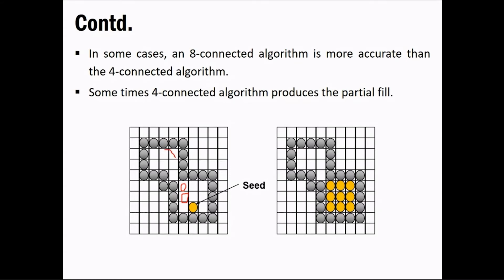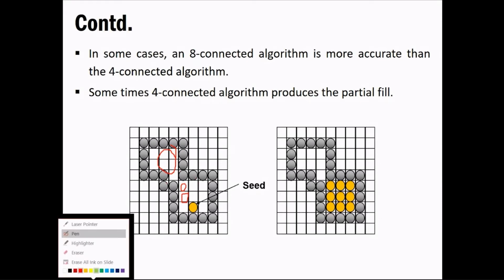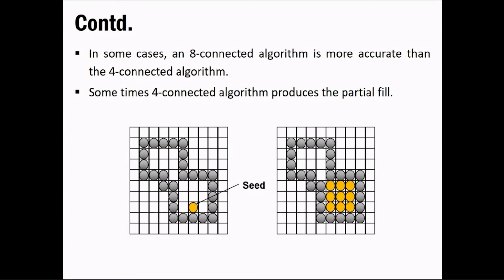But what about this particular thing? Suppose you have this kind of polygon with you, so it will not go further, it will stop over here and it will only partially fill that polygon. So that's what you have to keep in mind whenever we have such different shapes. Then this 4 connected algorithm is not that efficient. Okay, so that's why we add this, that is, to go diagonally. So if we have a pixel over here, it will go over here and check, okay, diagonally nothing is painted over here, so it will go over here and then fill it again, and go in that particular manner. So that's why we require 8 connected algorithms. I hope this is understandable and you're getting this whole concept.